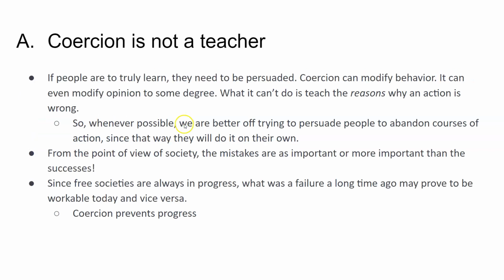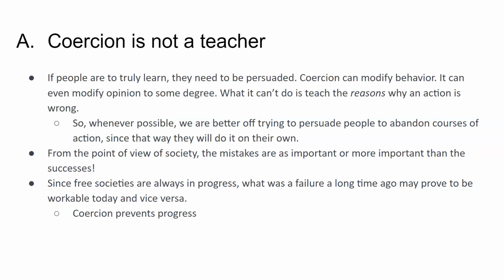Okay. So, good. I think we've already gone into this, so I'm going to skip through these slides since I've already tried to explain it. But it's worth noting that from the point of view of society, mistakes aren't necessarily bad, right? Mistakes are stepping stones on the path to success. In other words, a liberal society that Mill envisions is going to be one where people make a lot of mistakes. It's not going to be a perfect society where people always get it right all the time. It's going to be a society where people are constantly stumbling on the way to making progress, right?